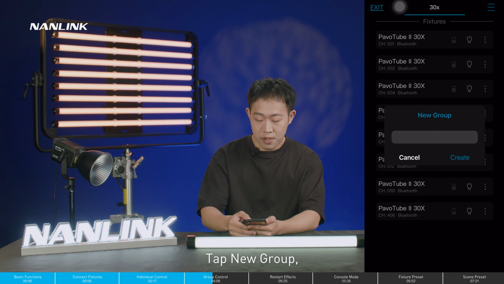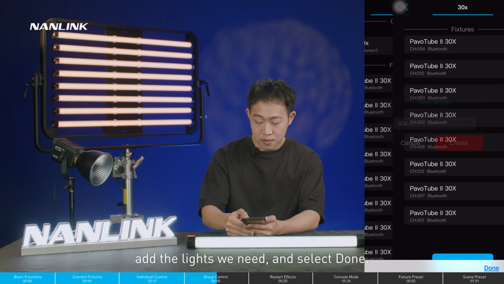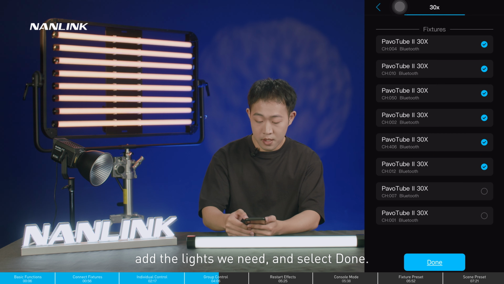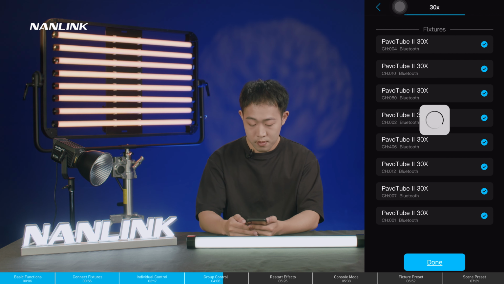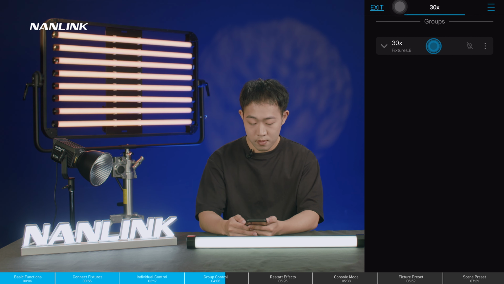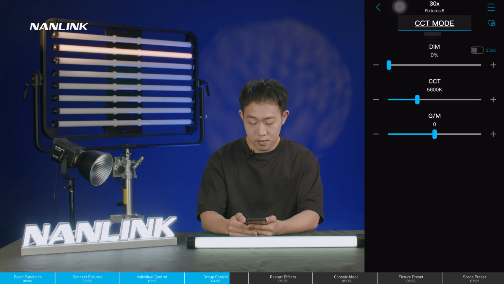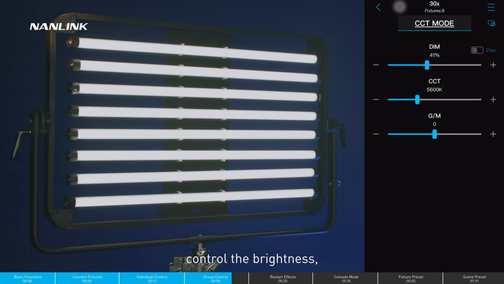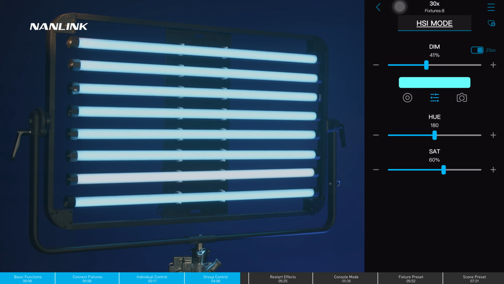Tap new group. Add the lights we need and select done. Tap the group name to enter. Select CCT mode, control the brightness, control the color temperature, the HSI mode, the hue mode,